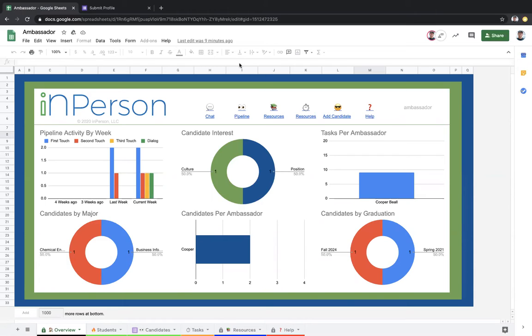There are two things we mean when we say pipeline. The first, students. Second, candidates. A student is someone that you have identified that could be a great fit for your company. Once that student then shows interest in your company, you will send them the Add Candidate form in an email,